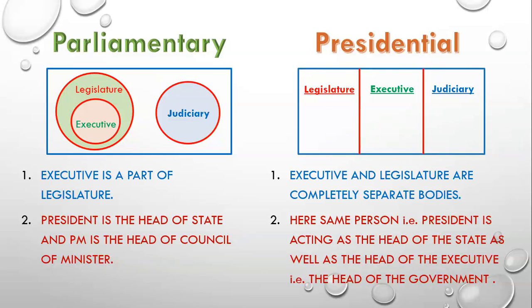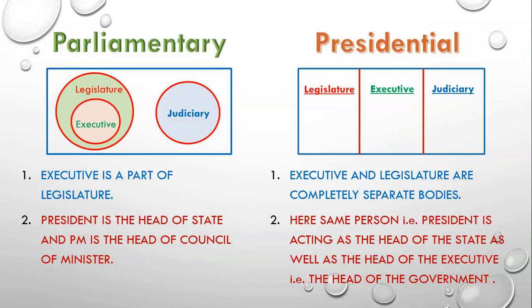Now on the other hand there is democracy. What is democracy? Democracy means rule of the people. Democracy means rule of many. On the one hand monarchy is the rule of one, but on the other hand democracy is the rule of many. Democracy means the rule of all the people living inside the territory of a country. Now friends, there can be two types of democracies: direct democracy and indirect democracy.